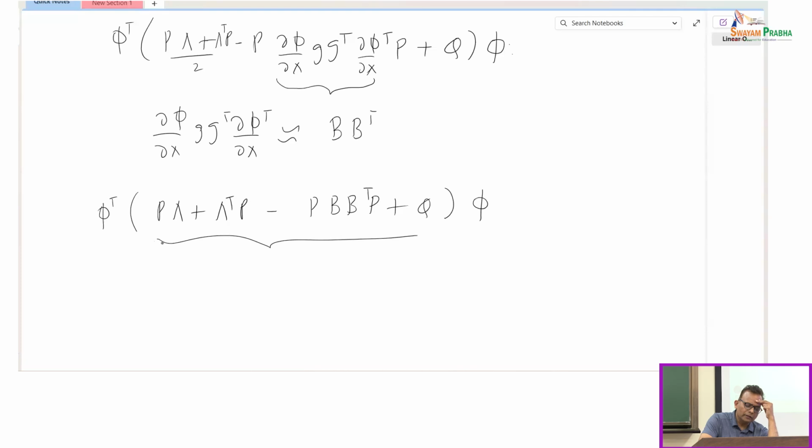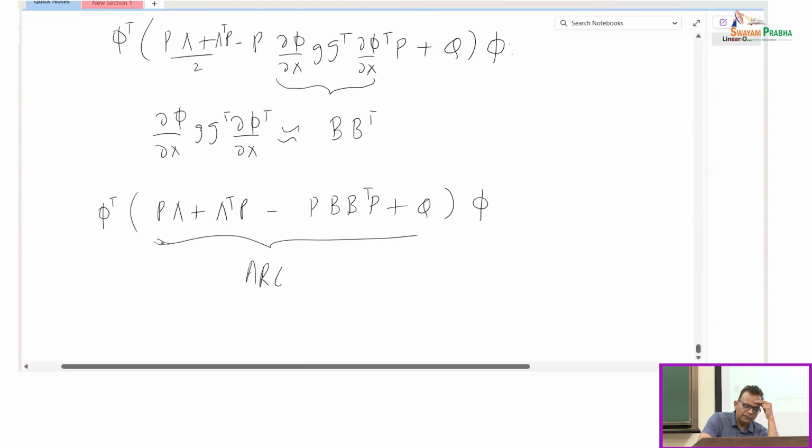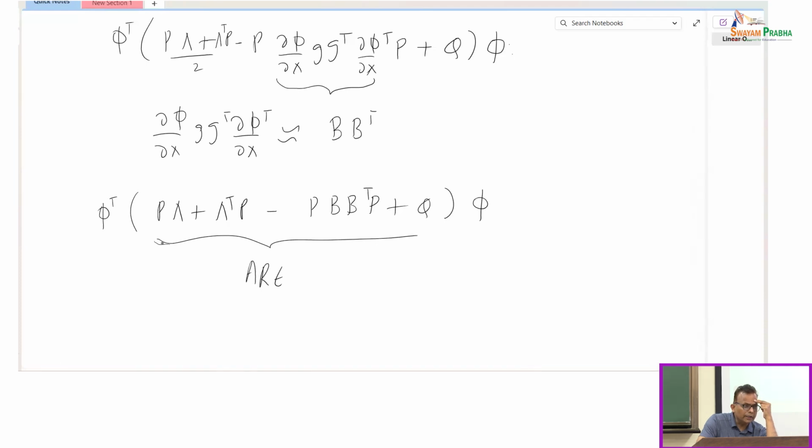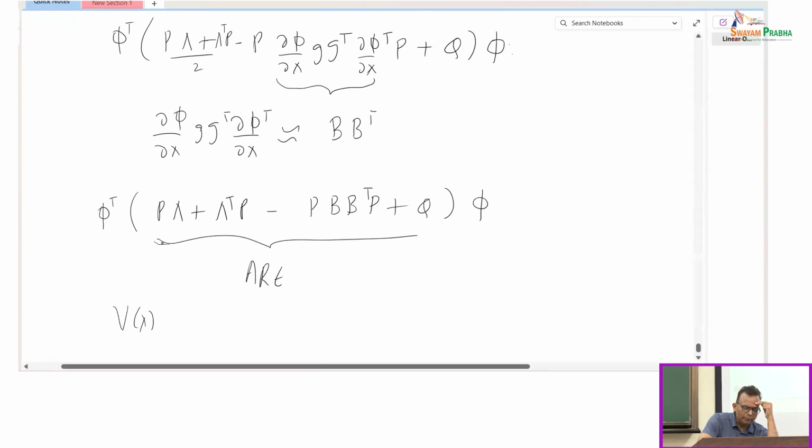So essentially what we have done in this process is that we have reduced the problem of solving, or I should say approximating, the solution of the Hamilton-Jacobi equation to solving this algebraic Riccati equation, ARE for short. You can solve this algebraic Riccati equation for a P. Once you get a P, the optimal value function is simply given by phi transpose P